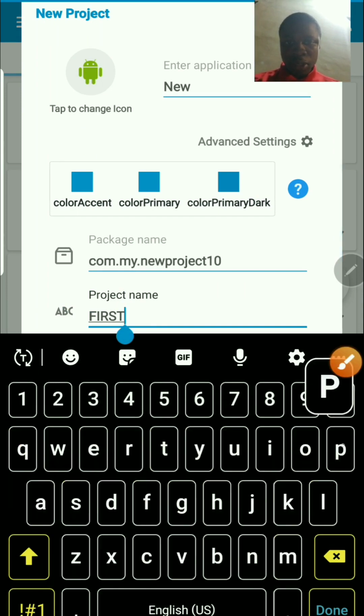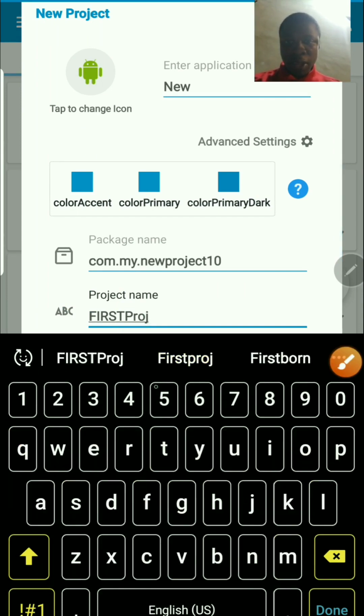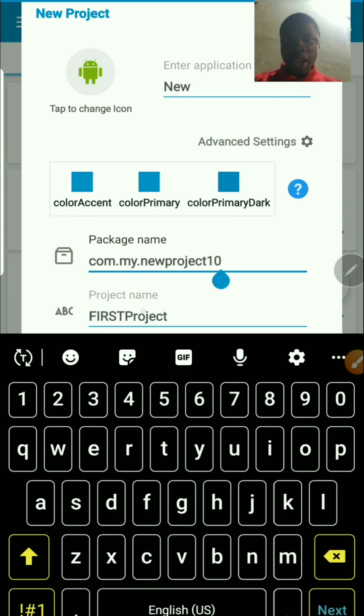So first, project. Okay, all right. And then the package name. So for the package name, we can assume this is also another name for the application. Okay, so you can adjust the package name